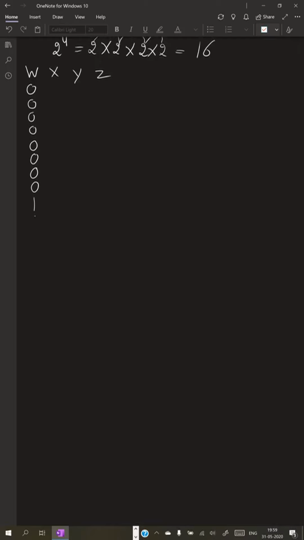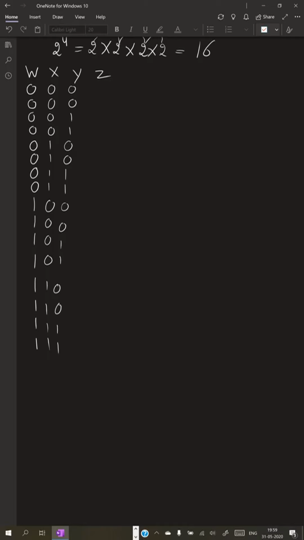After that, four 0s, four 1s, again four 0s, four 1s. After that, two 0s, two 1s, again two 0s, two 1s, and so on. And the last column alternates 0 1 0 1 0 1 0 1 0 1 0 1 0 1 0 1.